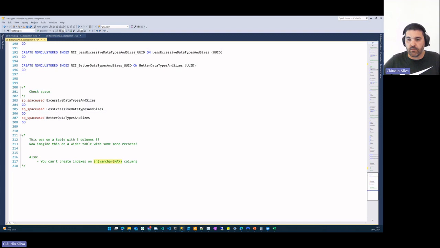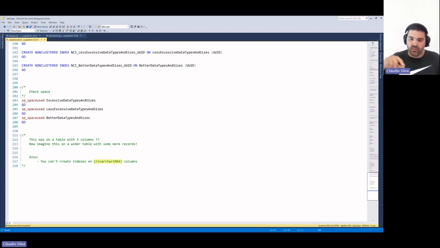it won't overflow or put it on each single page. So it will be multiple pages, but they are on a different memory address. In this case, the max is also used as a LOB data type, a large object data type. Right.